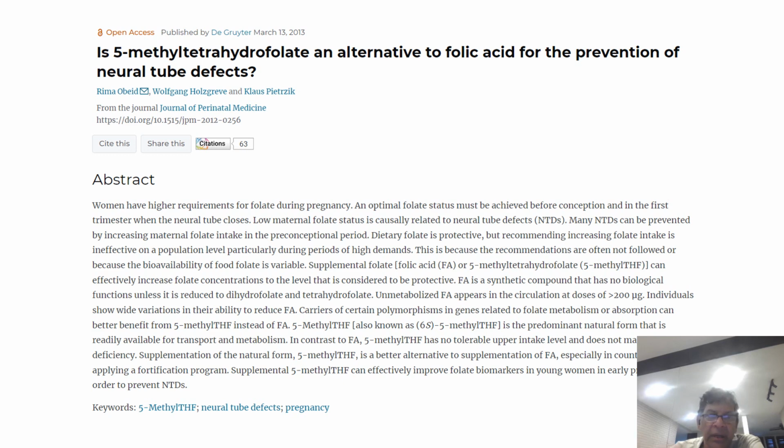This is an article from the Journal of Perinatal Medicine. It talks about 5-methyl tetrahydrofolate, an alternative to folic acid in the prevention of neural tube defects. And here the argument was very simple. He said one of the problems of neural tube defects can be low methyl folate. Second, it can be